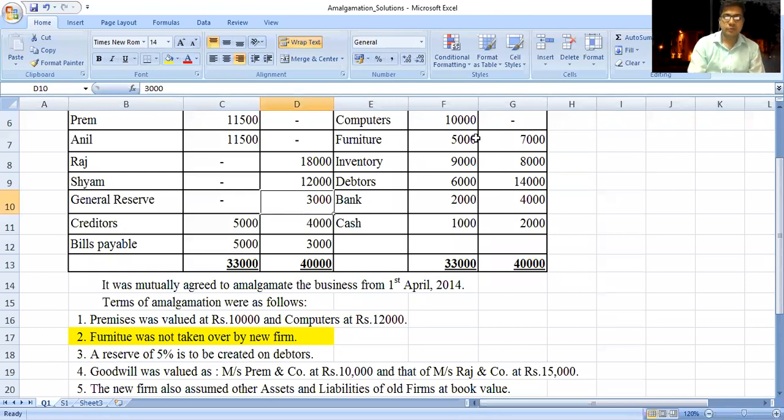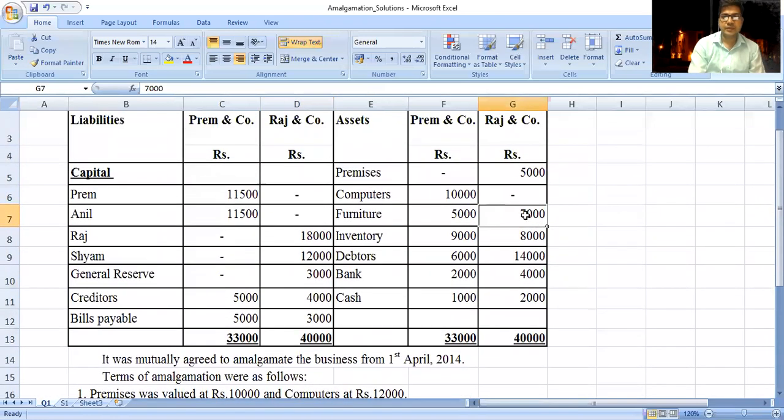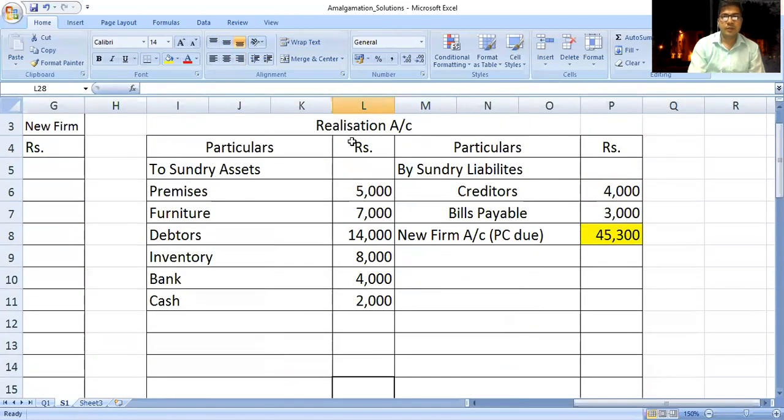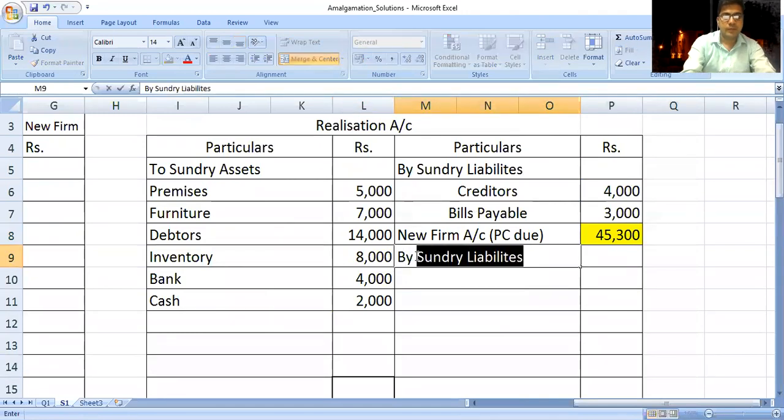So how much is the value of the furniture? It is 7,000. This 7,000 we will put in our realization account, right side, by partners capital account,